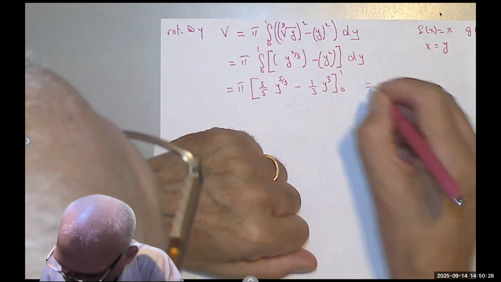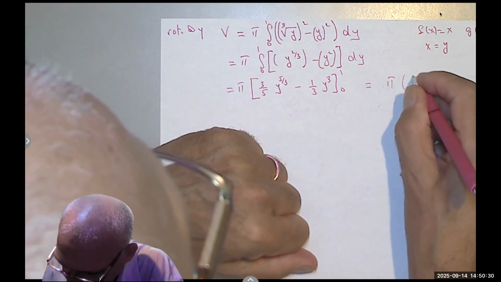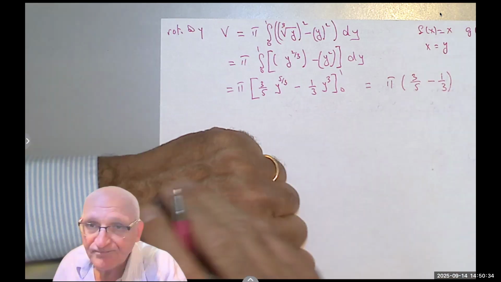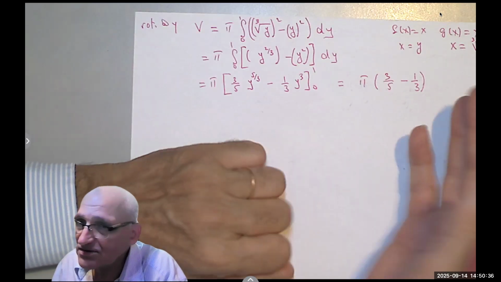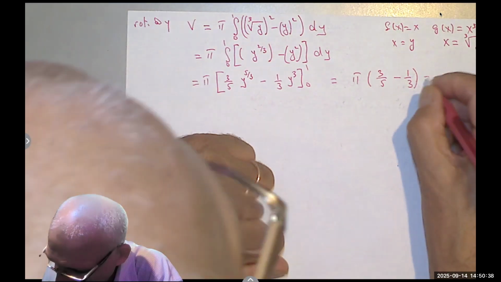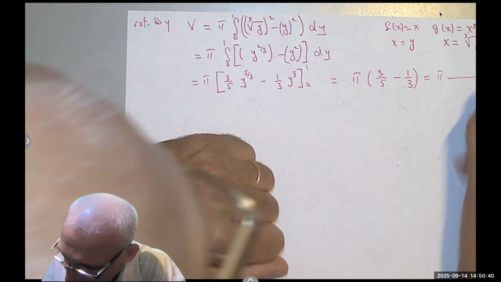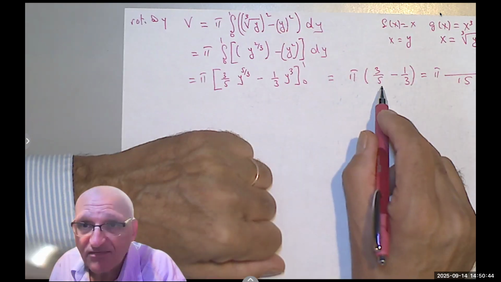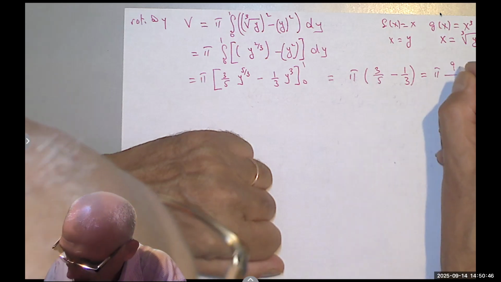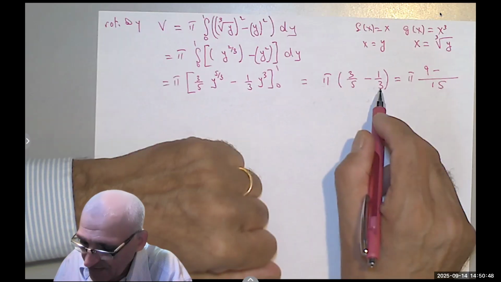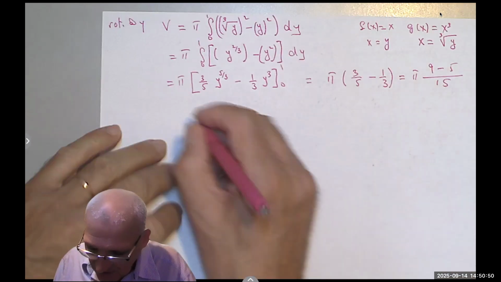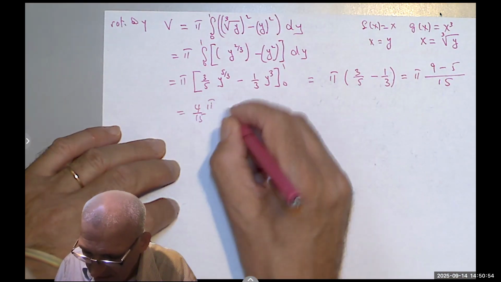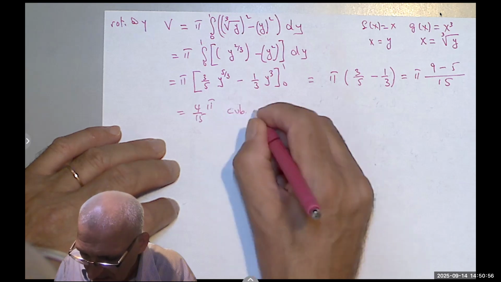So I will get pi times 3/5 minus 1/3. Here, it's not the same denominator, so I'm going to take a common denominator of 15. 15 divided by 5 is 3, times 3 is 9. 15 divided by 3 is 5, times 1 is 5. So you get 4 pi over 15 cubic units,